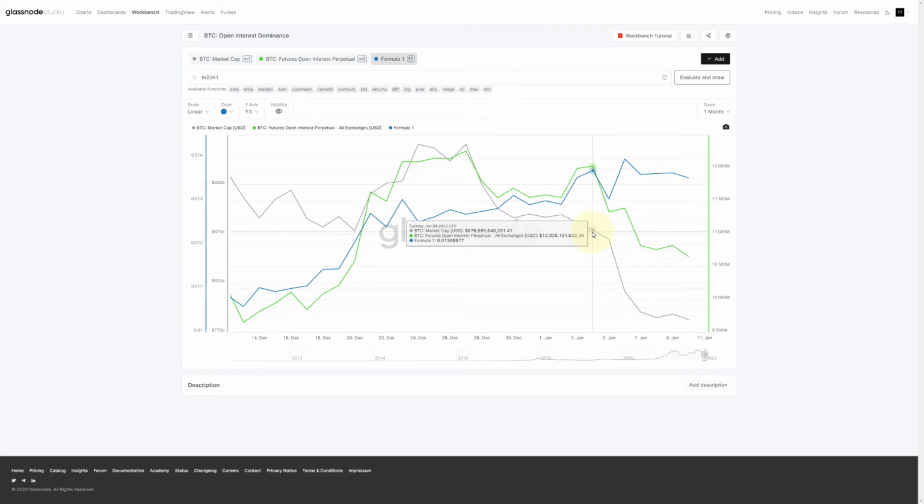So what that means is, since the green line is the top number and it's dropping faster, the whole ratio is going to drop pretty fast too, and you can see that in the blue line here, right? So now we're here. Now what happens next is open interest went up as price or market cap went down, so they're diverging. What that means is the top number went up while the bottom number went down.